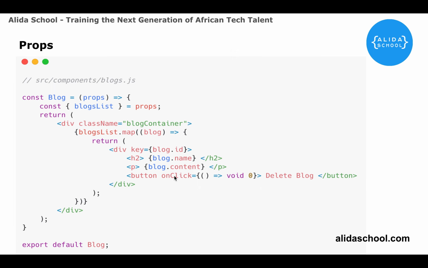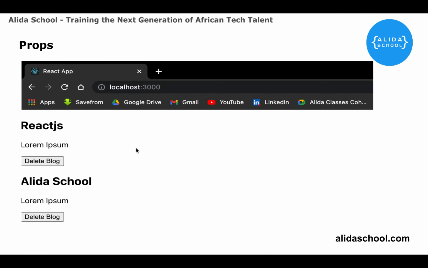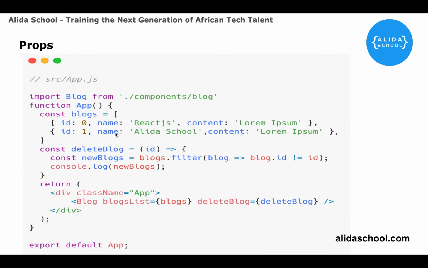And currently, we only have an on-click functionality that does nothing. But in the next few slides, we'll learn how to include the delete functionality, so we'll be able to delete a blog from our code. Now, running this particular application shows us this on our browser, where the delete button currently does nothing. Over here, we are going to learn how to include the delete blog function,